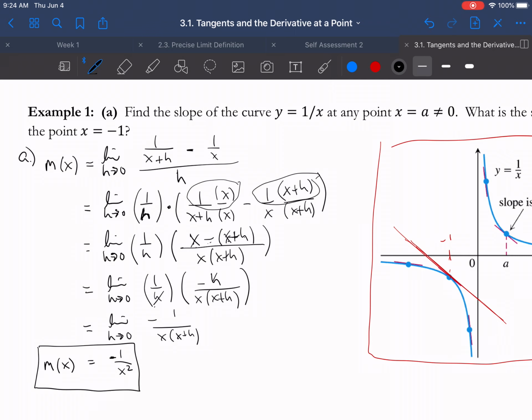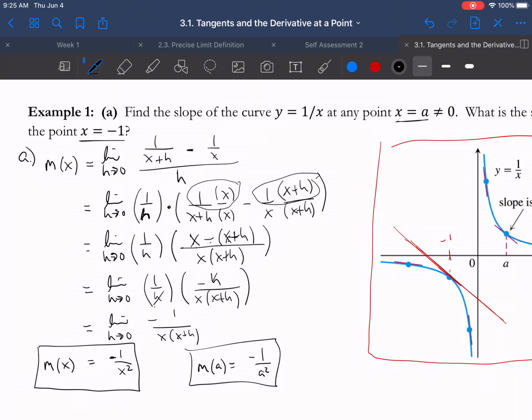And so we could do something like right here where it says we want it at any point x equals a, all right? So we can do that at any point x equals a. That means I could just plug this in, make it m of a is equal to negative 1 over a squared. So at point a, whatever it happens to be, I plug in some value for a, and there you go, you have it. But it also specifically asks us for the point x equals negative 1,